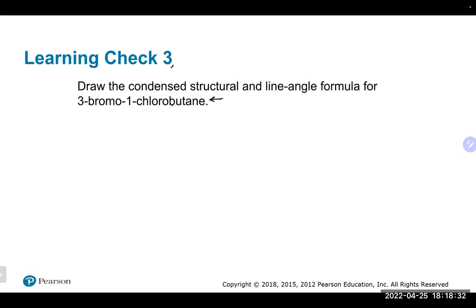So butane tells me I should lay out 4 carbons here. Takes care of that. 1-chloro means that's the first carbon that has a chlorine group, and I'm going to go left to right. So I'm going to again call this carbon number 1 here. So it doesn't really matter where you put the Cl. It could be on any side. I'll pop it up there on top. At carbon number 3, so since I called my guy on the left there 1, this guy here would be carbon number 3, would be a bromo group. That takes care of that.